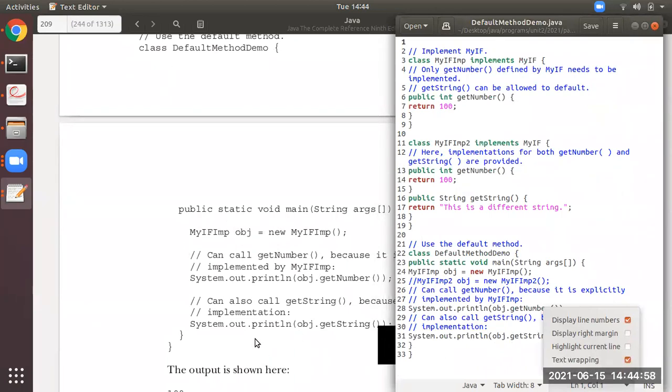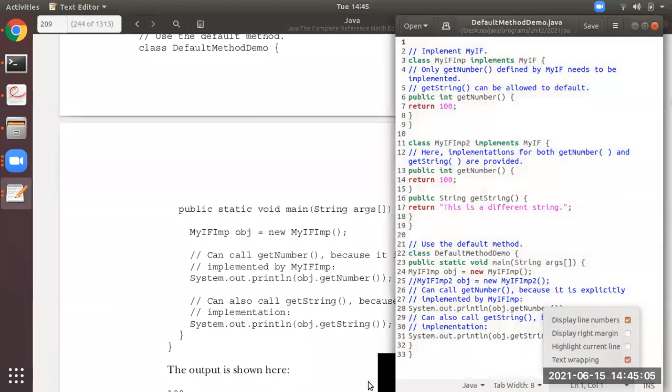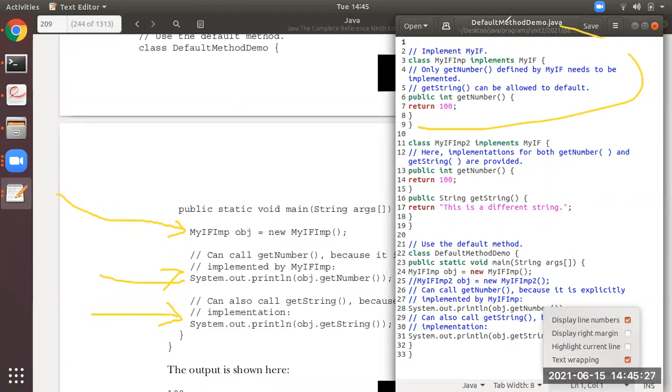Just a minute, I will provide the pencil also over here. Let me have my pencil. See here, this one. You can see this line at line number 24, this line at line number 28, and this one at line number 31. So till now, whatever is there in the textbook, I have shown you, this part and this part. We will see till here. Then after this will be the next thing.